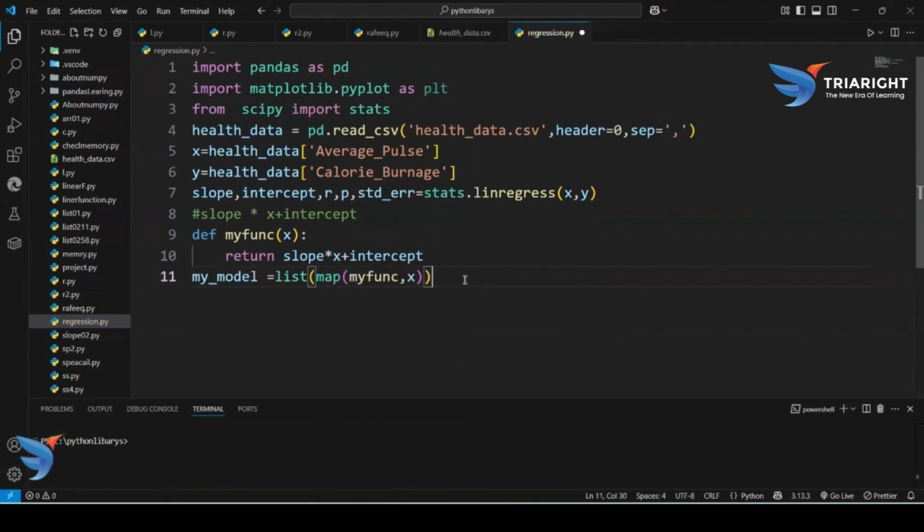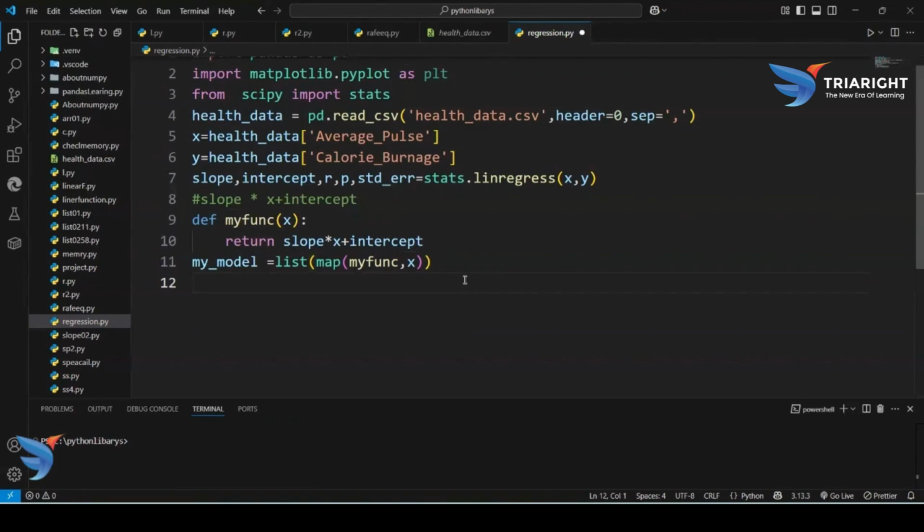Okay, now my model is considered. Now we want to arrange the scatters. After completing, we create a function. Here the function uses the slope and intercept values to return the new values. Okay, we consider it, and this new value represents